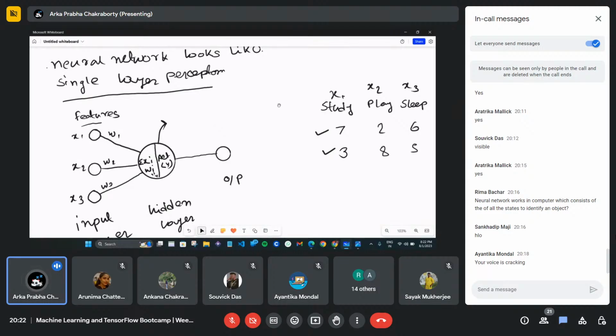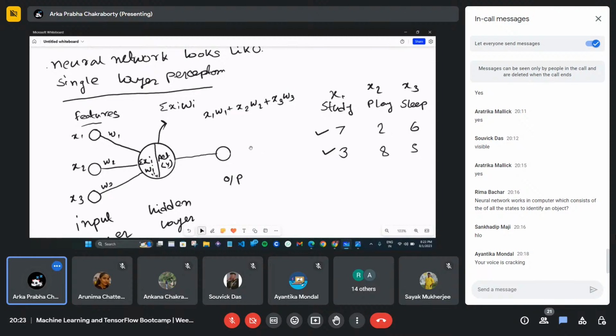So what actually it does is summation of x of i and w of i. There is no such big mathematics. We have to multiply and sum. So that means x of 1 into w of 1 plus x of 2 into w of 2 plus x of 3 into w of 3. This is a very basic neuron model.